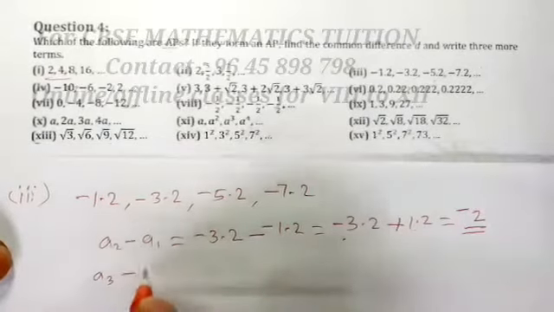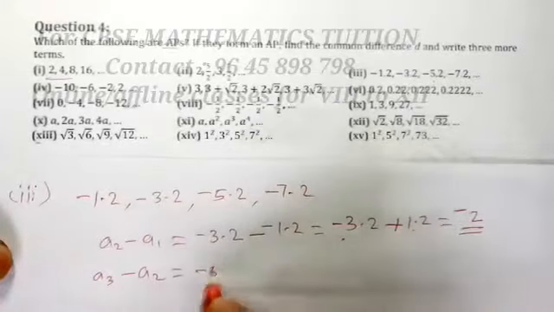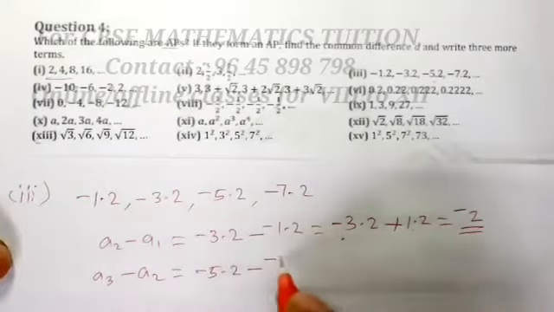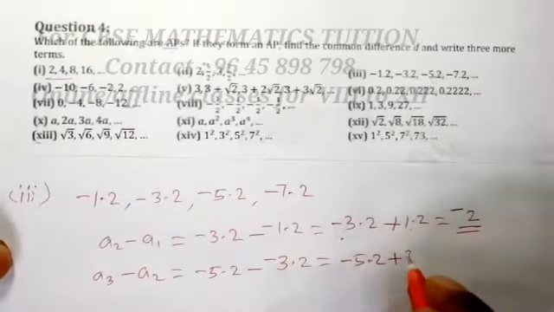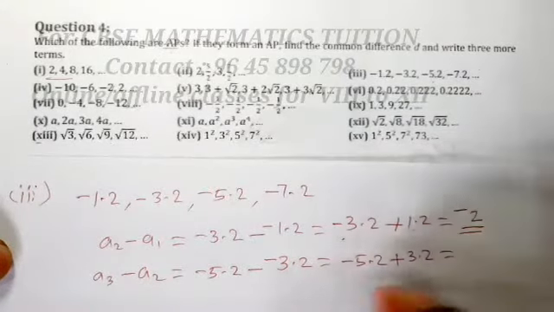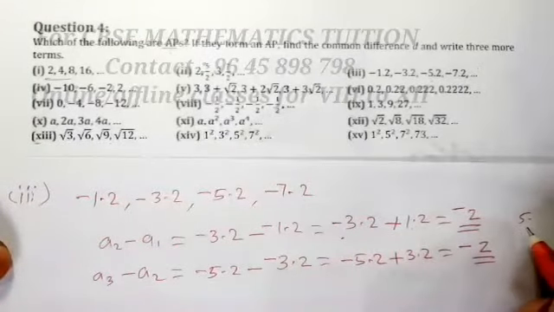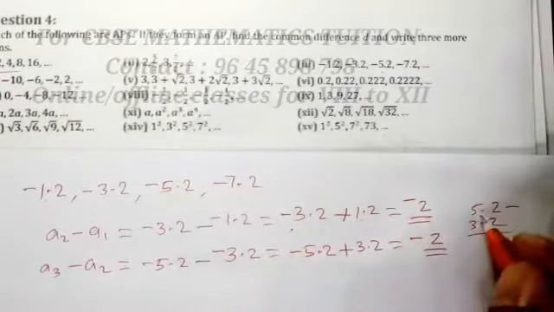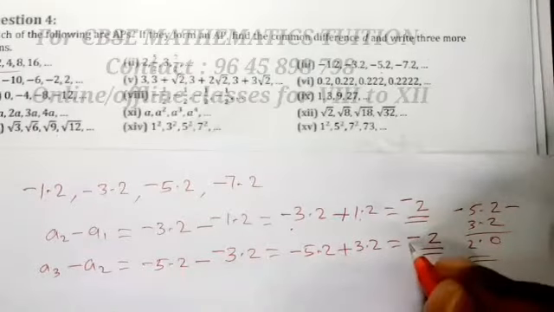Now we can check A3 minus A2. Here A3 means first, second, third. Minus 5.2 is A3. Subtract minus 3.2. So we get minus 5.2, this minus becomes plus 3.2. So we get the answer. Here same, the biggest number's symbol is negative. So the difference is 2. How did we get the difference as 2? We know that 5.2 minus 3.2, by subtracting we will find the difference. So 2.0 means 2. The biggest number's symbol was negative, that's why the negative symbol is given.